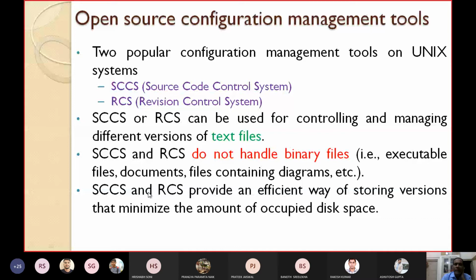Both SCCS and RCS provide an efficient way of storing versions that minimizes the amount of occupied disk space.